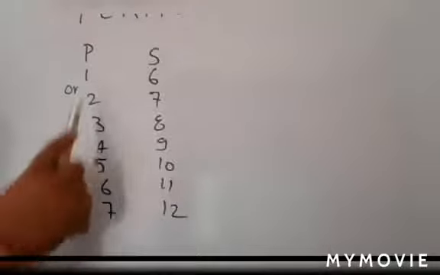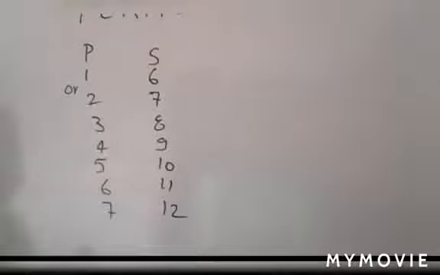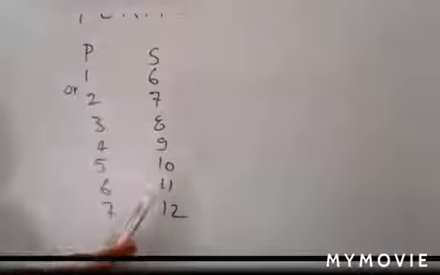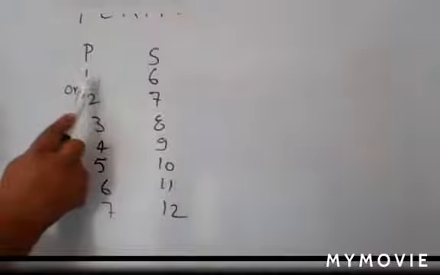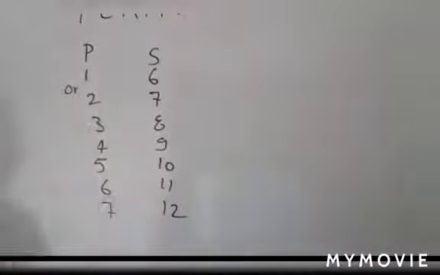Just listen. In the third part of your question, what is given? In between P and S, 4 letters are there. So what are the possible positions of P and S out of these 12 letters? First of all, you decide. Because here you have 12 letters, so 12 positions are also there. So if you are taking P at the first position, here you write P, so the position of S is at the 6th position.